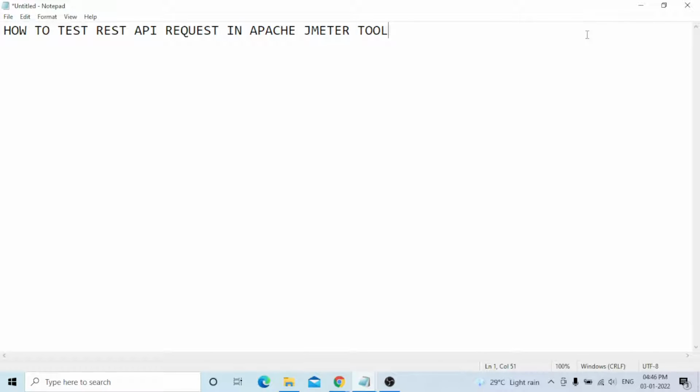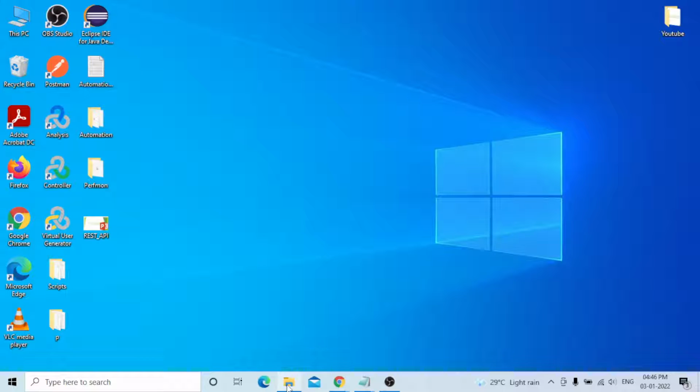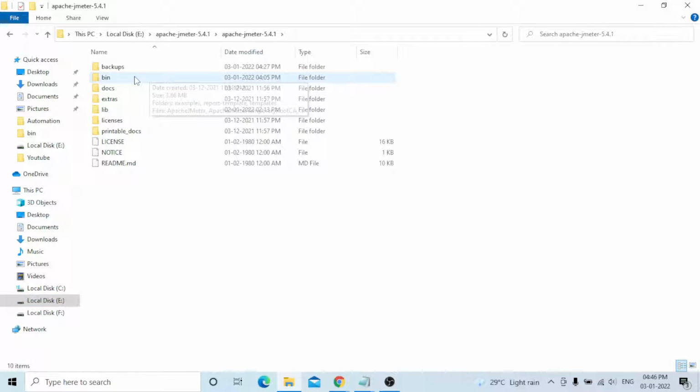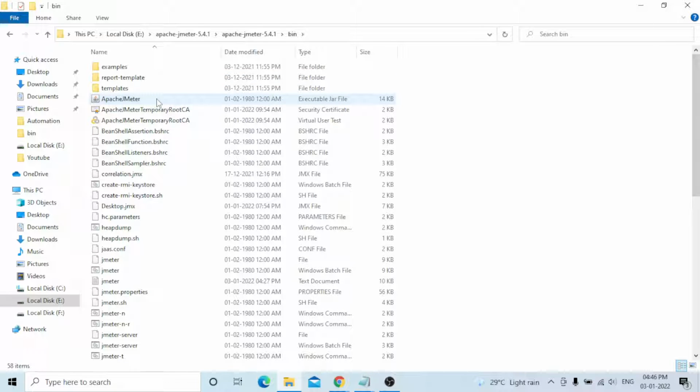First, I need to open JMeter. This is my E folder and this is Apache JMeter 5.4.1. I will go to the bin folder and open JMeter.